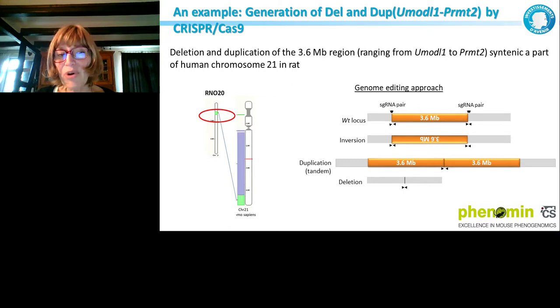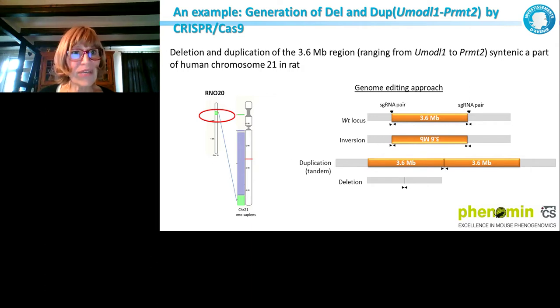And this is the approach that we undertook. We undertook this approach, again, like doing knockouts. We used pairs of guide RNA simply because we thought if one guide doesn't cut well, the other one will cut. And as you want to delete something that is large, it would work. And we designed primers all over the regions to be able to check if we see inversions, duplications, or deletions.